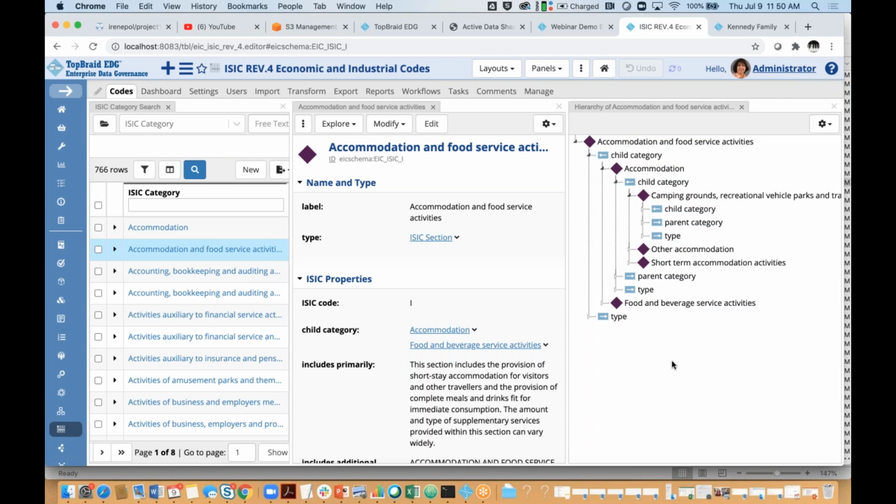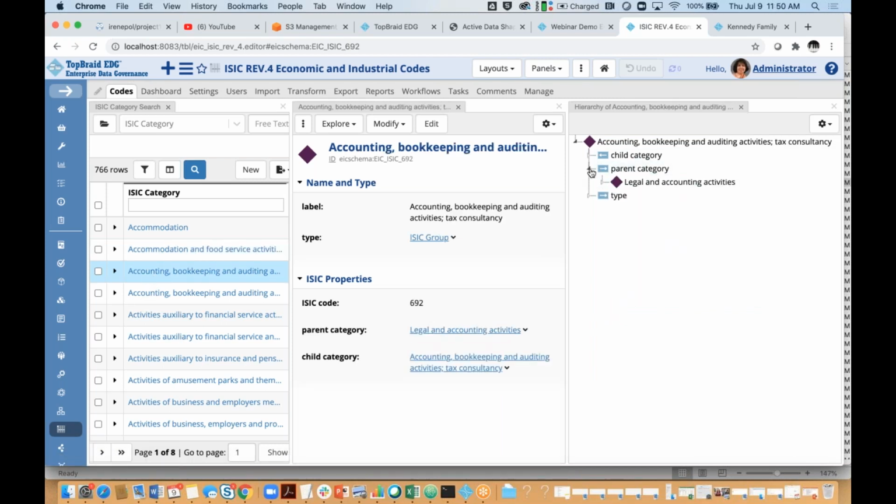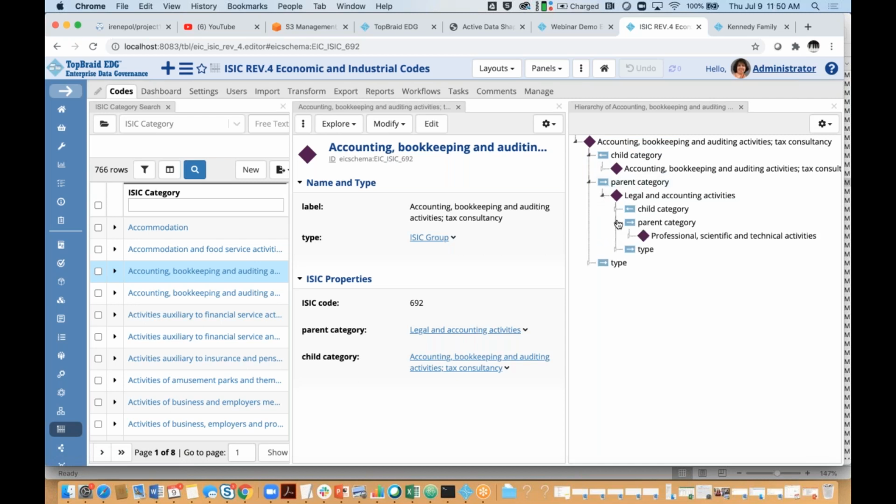So this is what this panel does, and it's specific to the resource that you selected. As you could see, we could go up and down the tree as far as it goes for each relationship. So it doesn't matter the kind of relationship you have,